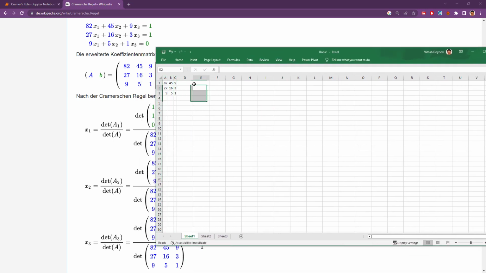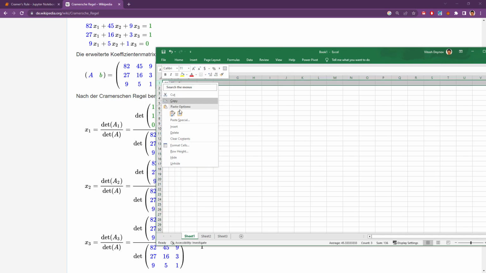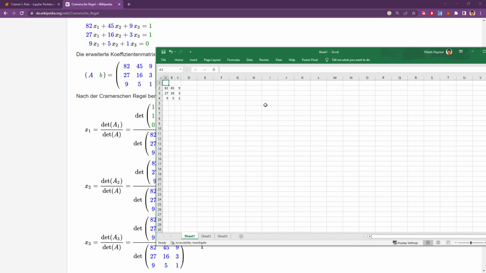In Excel, we just have a matrix like this. So we can say, okay, this is our x1, this is our x2, this is our x3. And we simply copy 82, 27, and 9 like this in a row. Then 45, 16, and 5 like this. Then 9, 3, and 1 like this. And we just think, okay, what exactly can we do in order to have a determinant? We can